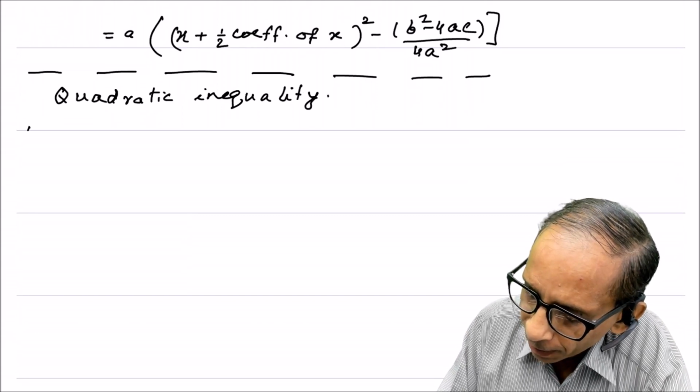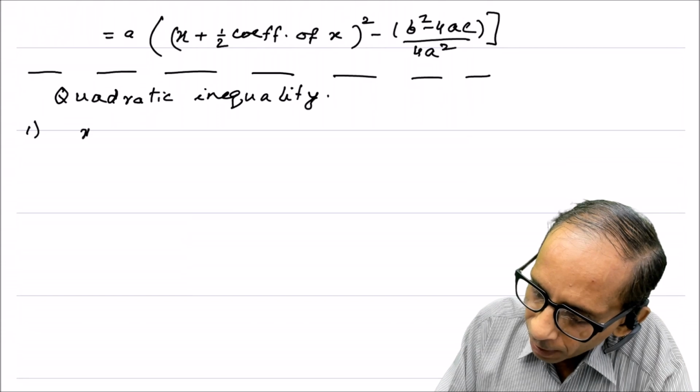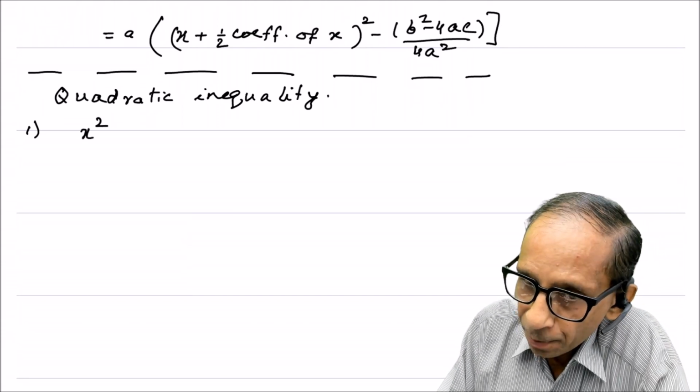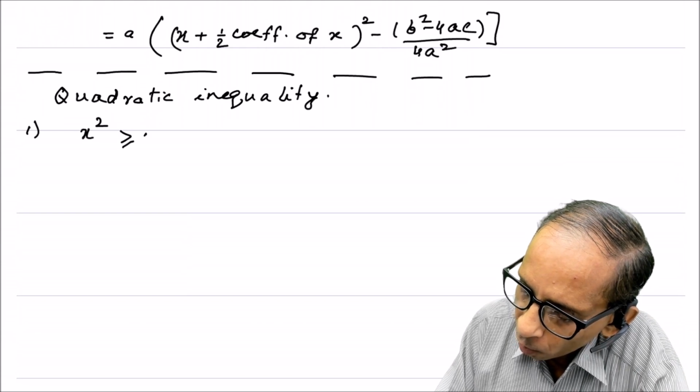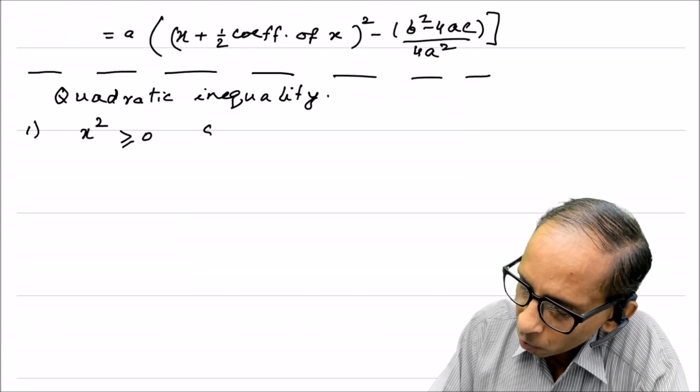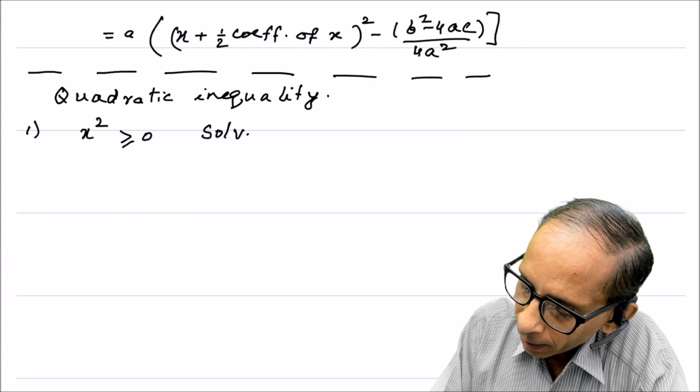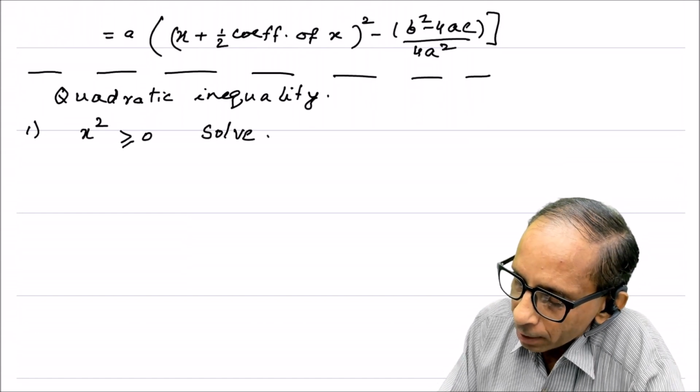As a simple case, we have x square, the simplest possible quadratic. If we take up the inequality x square greater than or equal to 0 and try to solve it, then